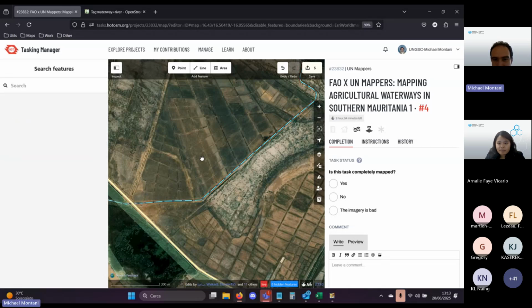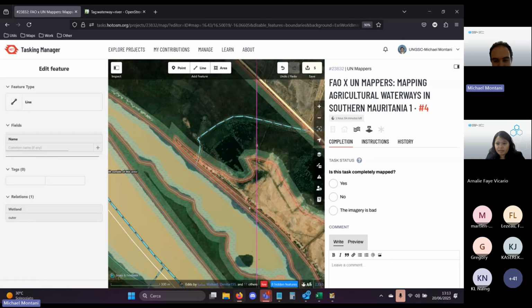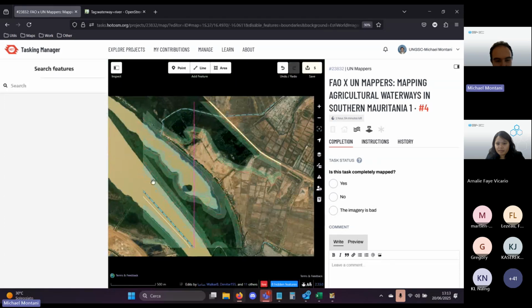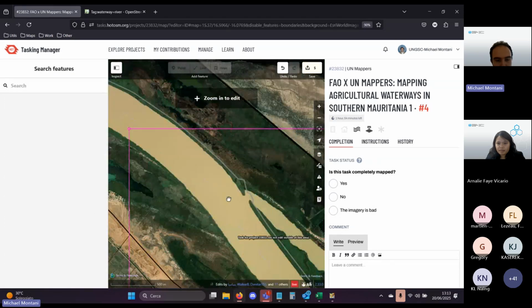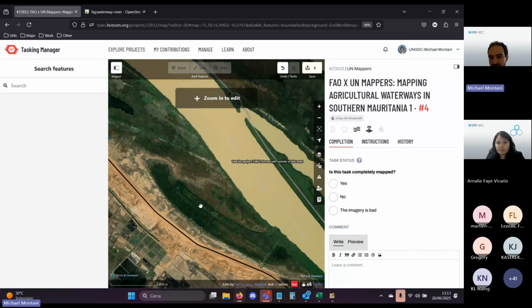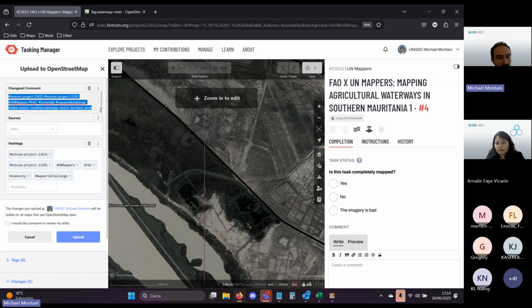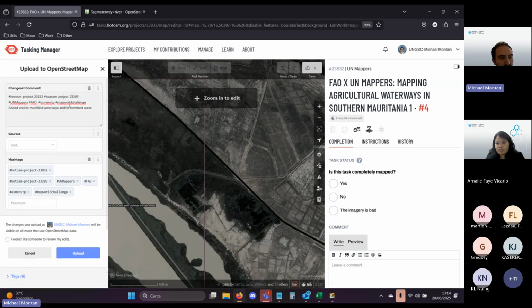And that's it. So once I traced what I traced, I need also to submit my changes to OpenStreetMap, because until now the editing session is still in my browser. I didn't submit it. So I will click on the top right here, save. This is very important. And you see, we have already some hashtags identifying this changeset.